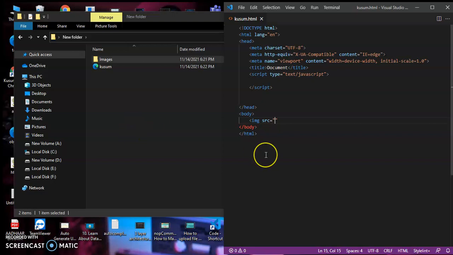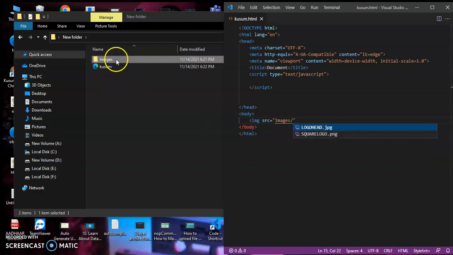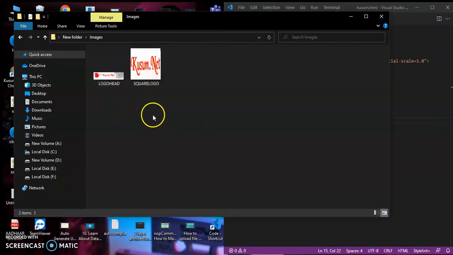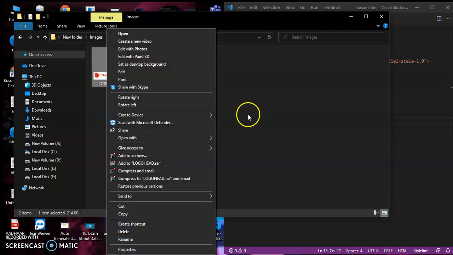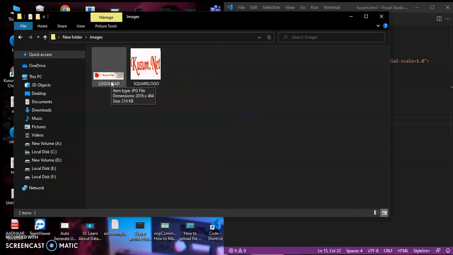Where is the image? In the images folder, so images slash the name of the image. On this logo head image I want to perform the task, and its name is logo head.jpg.